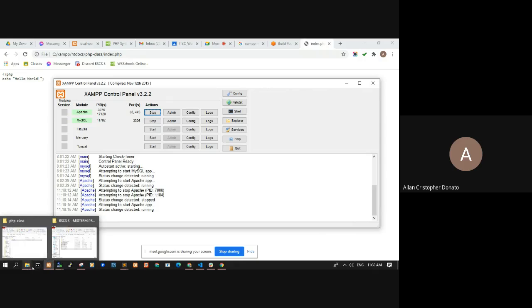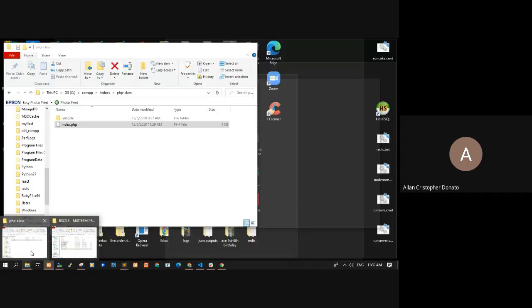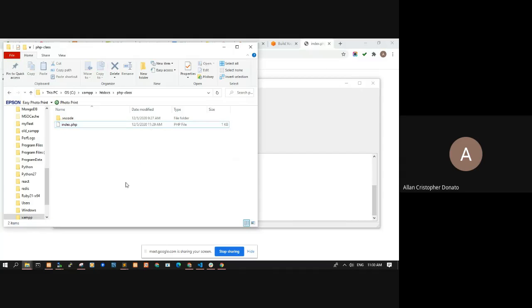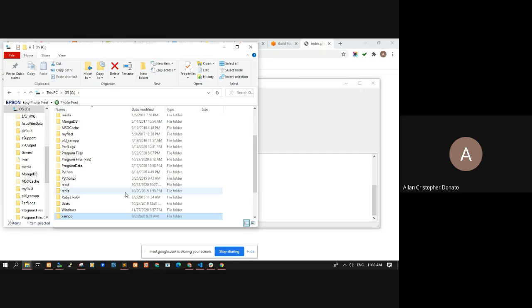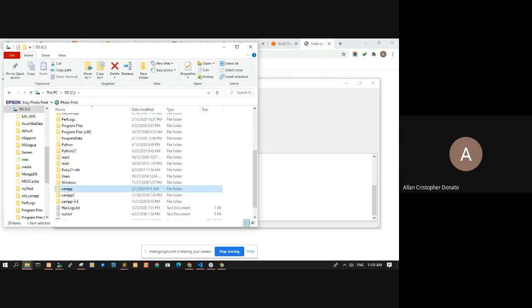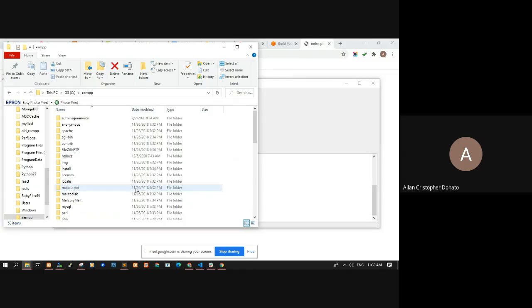And then to create your own website that can be served by our web server by XAMPP, the default installation of XAMPP, unless you modified it, is in C, XAMPP.